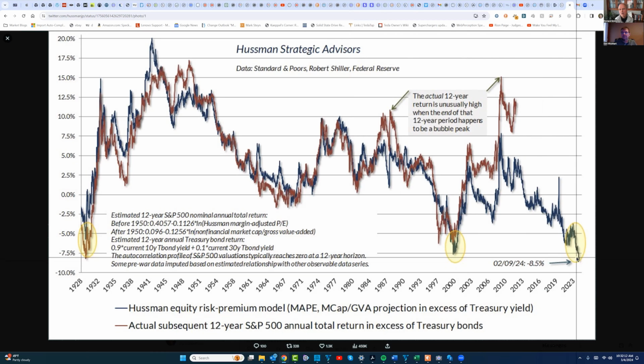Now, Hussman is careful in insisting that these things do not attempt to do market timing. He's not saying that, hey, look where we are, so we must be at the top. But he's saying that he's very confident that this red line 12 years from now will be somewhere in this territory. And as you can see in these prior predictions or projections of the line, remember, when this blue line occurred right here,